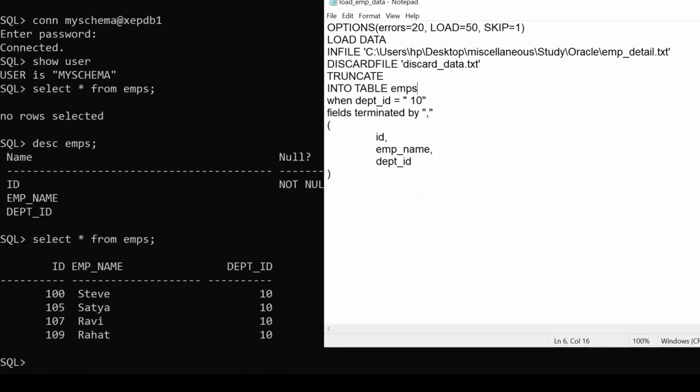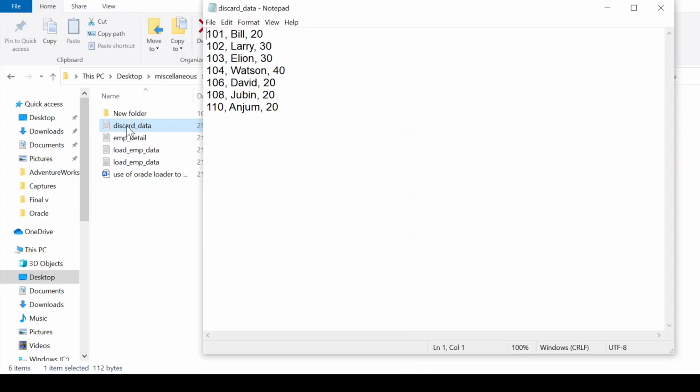So let's check the other files, discard and bad. Inside the discard file, you can see here 101. This is the ID, Bill the name, 20 the department ID. The rest, all the non-10 records, are inside this discard file, because we put the when clause, when department ID equal to 10.